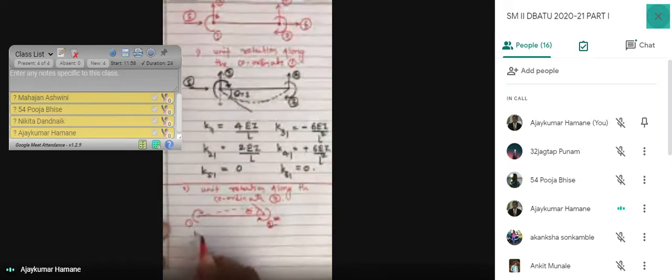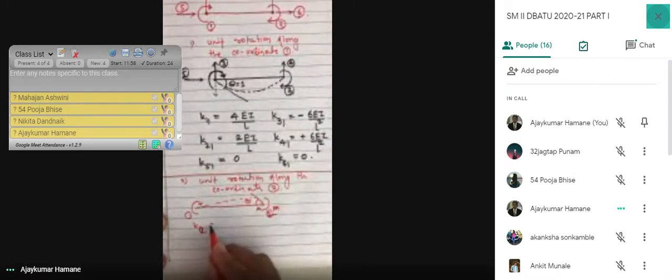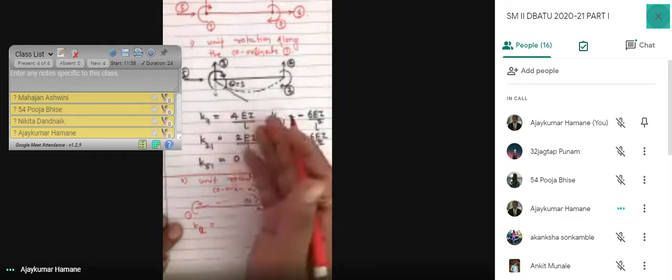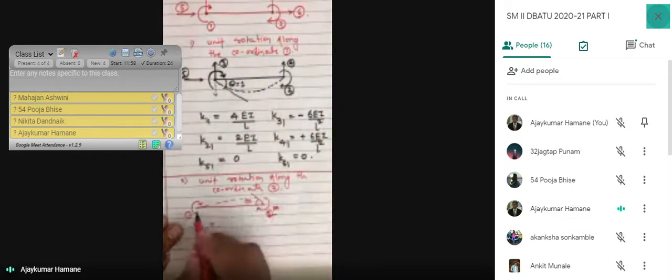So what is k11, sorry, now we have applied the unit rotation at 2, k12. What is k12? Similar to the opposite diagram. When we have unit rotation at 1, the moment developed at the far end is half of that one, that is 2EI by L, and k22 is 4EI by L,